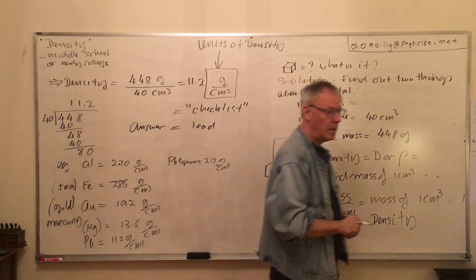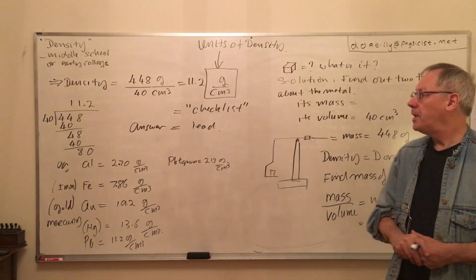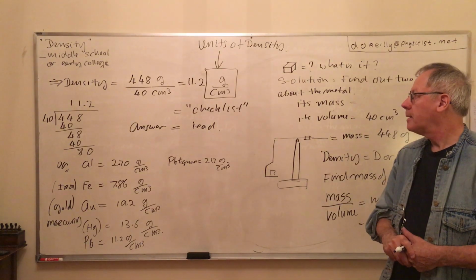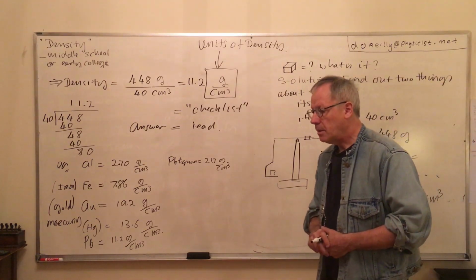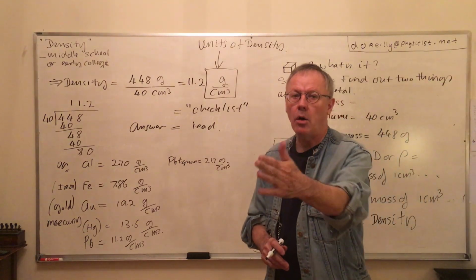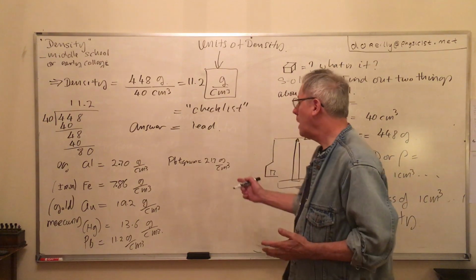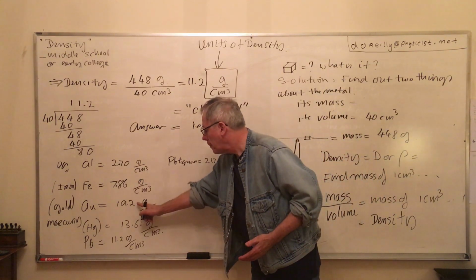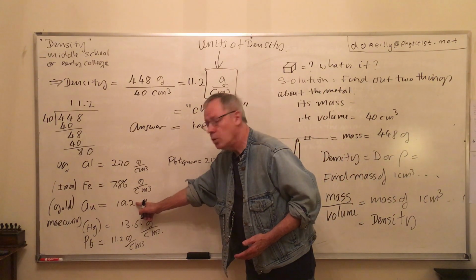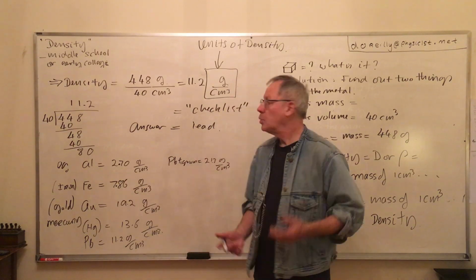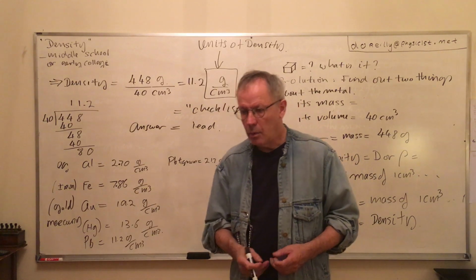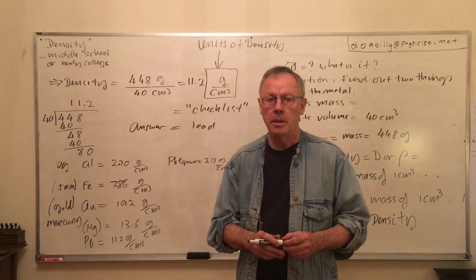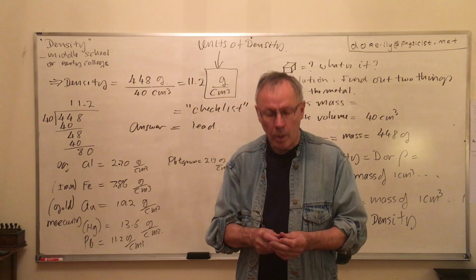Now, we can identify the metal most likely as being lead. Okay? There may be another metal with that same density, but there could be an alloy. We could set up an alloy by mixing, let's say, iron and gold in certain proportions to achieve a density of 11.2. Yeah? Well, that's what the king at one time thought that this guy did when he made a